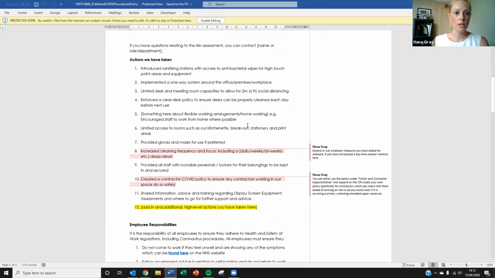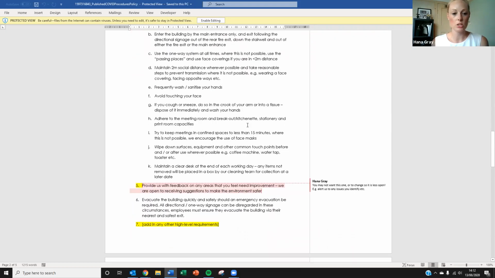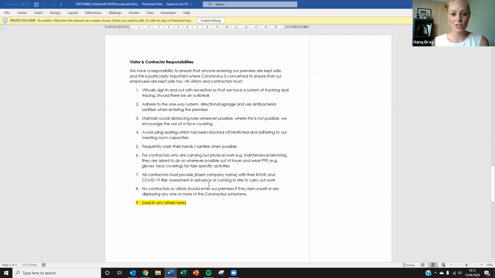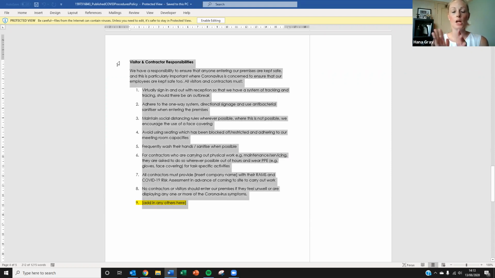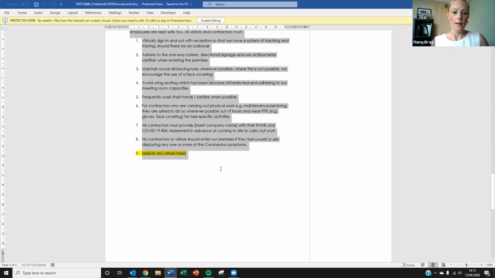So you'll see it's really simple, just a few bullets, because you want this to be readable. So it's no more than 5 pages long, and then the visitor and contractor responsibilities. And if today I get time, I'm running out of time slowly but surely, if not tomorrow, I'm going to turn this document here into a more formal one that you can then share with your contractors and get them to sign before they come to site, so that you know that they're safe and they understand your rules about your site as well as you understanding their processes. And then I couldn't find any sort of symbols, and forgive the kind of different sizes because I did it in a bit of a hurry this morning, but you get the idea that you can then create your own kind of